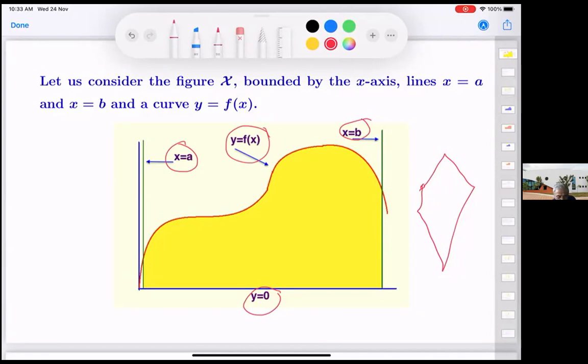If we can find the area inside this figure, then for a more general shape, we can divide it into parts of this kind, 1, 2, and 3, all of them between two lines, one straight line and one curve. So this general problem is first reduced to a problem where we have some curve y equals f(x), and we want the area enclosed by these three straight lines and this curve.